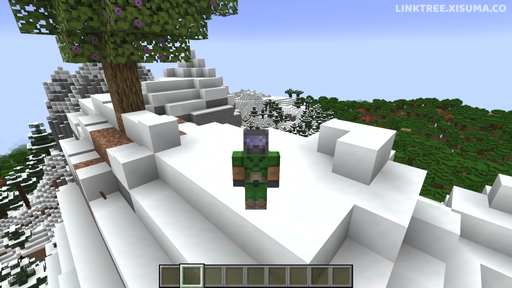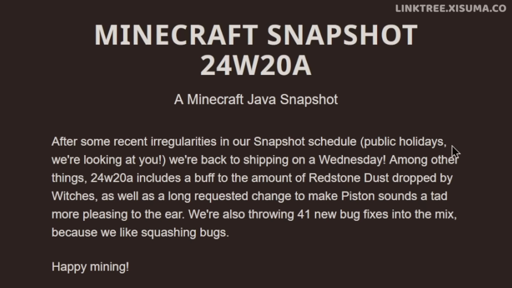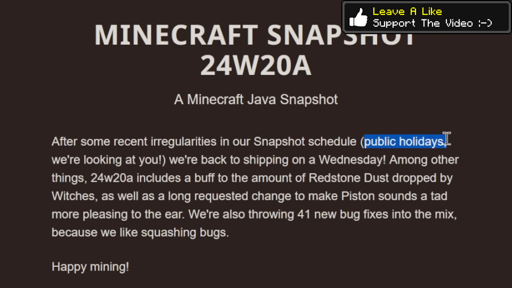This snapshot, 24W20A, comes out on a Wednesday after we've had a couple of Friday snapshots. This was due to some public holidays getting in the way, but now we're back to the regular release schedule